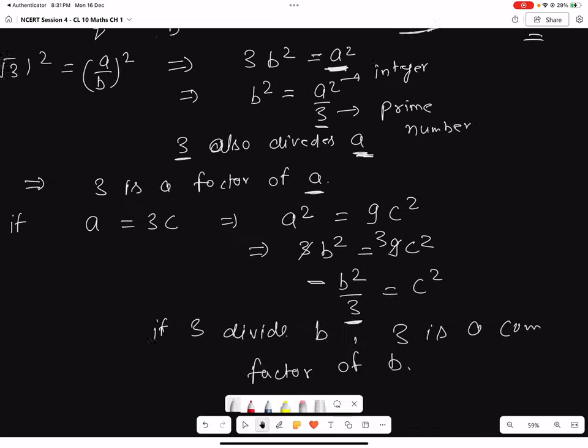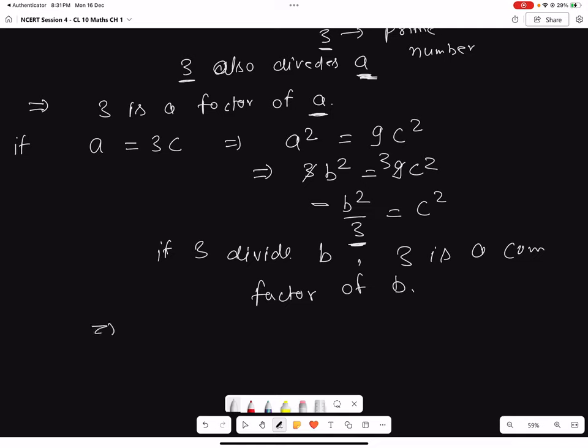So we can say clearly, because 3 is a common factor of A and B,